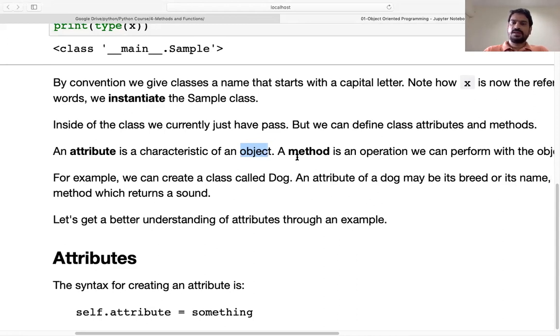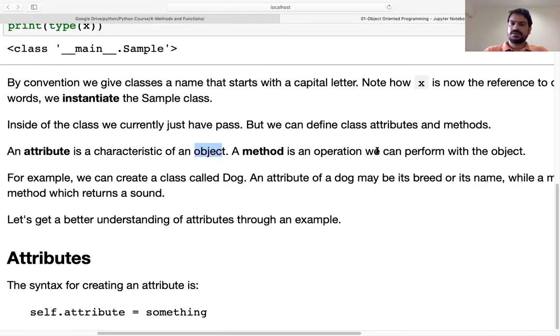And what do we mean by methods? A method is an operation that we can perform with that particular object. A method is used for the object only, but it will work on the attributes.